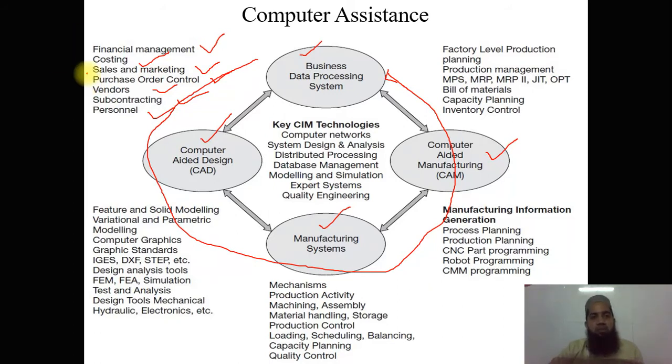Purchase and order control department does the purchasing as well as the ordering of whatever raw material is required. They can connect with different types of vendors. For example, different types of companies are there, and each and every company is not making the whole part in their workshop. They can purchase some parts from vendors. Small vendors are there.